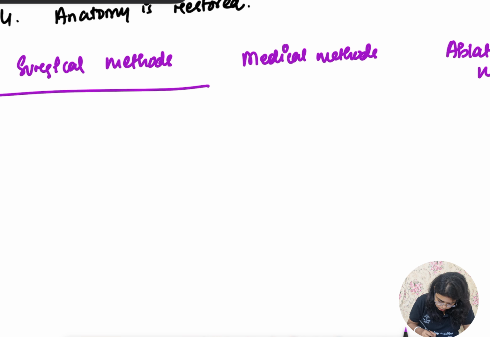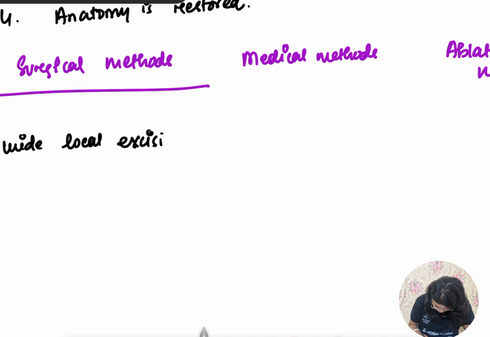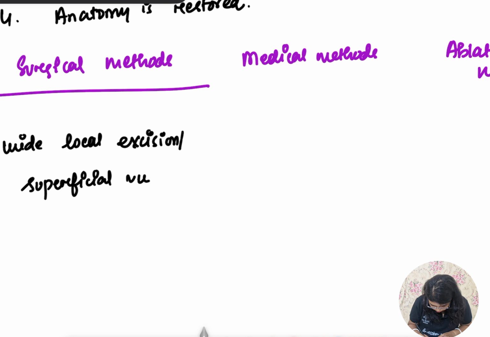In surgical method, we do wide local excision or superficial vulvectomy. That is, we take 5 mm margins,